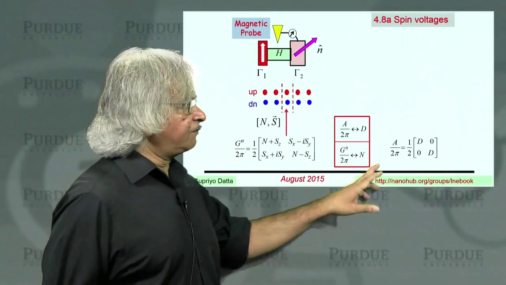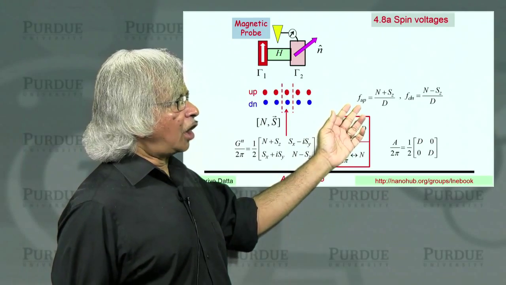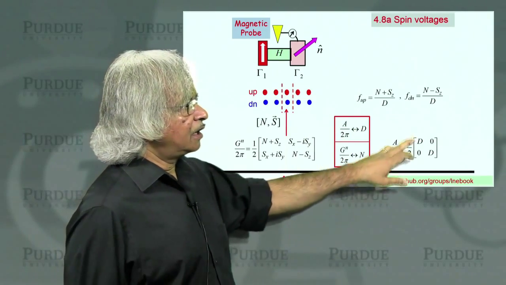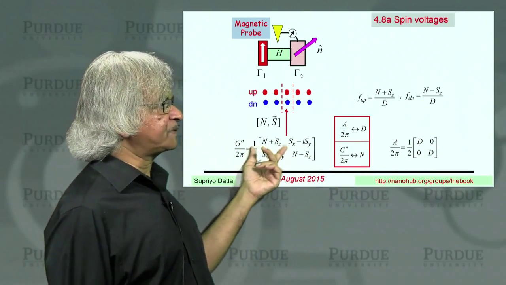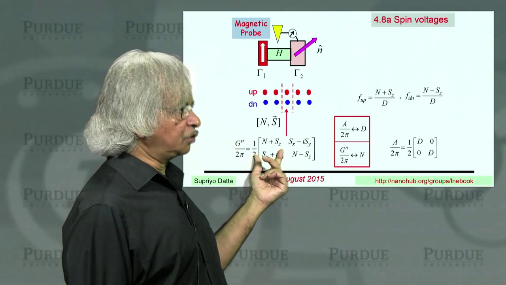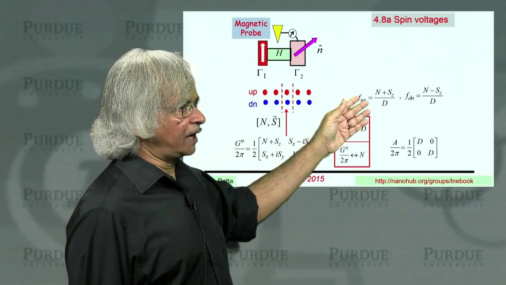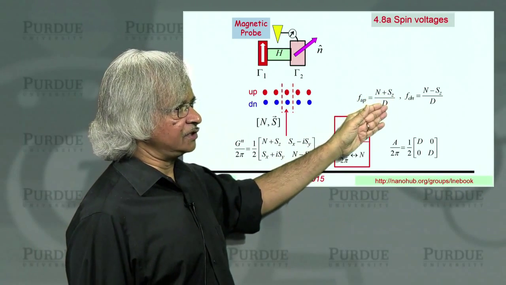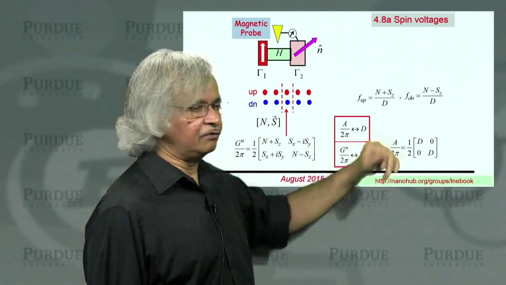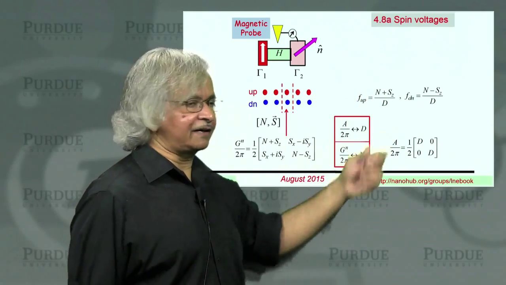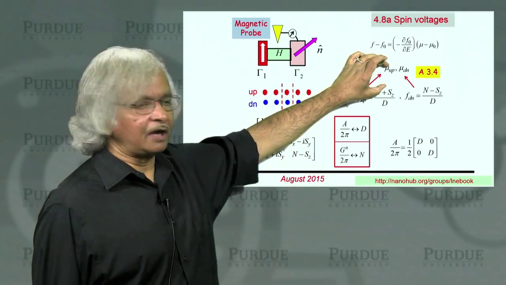Now, given this Gn and A, I guess you could think of the occupation factor, which tells you how much the upspins are occupied and how much the downspins are occupied. So, number of upspins is n plus Sz over 2. The number of states is d over 2. So, the fraction that is occupied of upspin states is n plus Sz over d. Similarly, the fraction of downspin states is n minus Sz over d. And this occupation factor, the fraction that is occupied, that's what can be translated into this electrochemical potential.